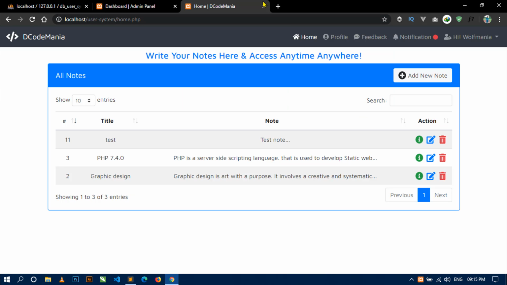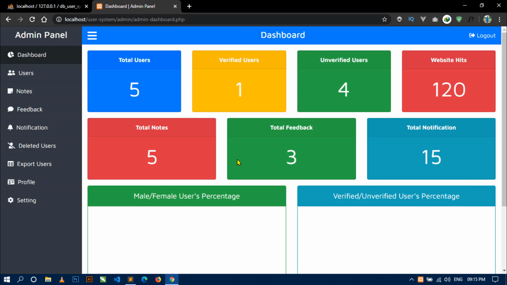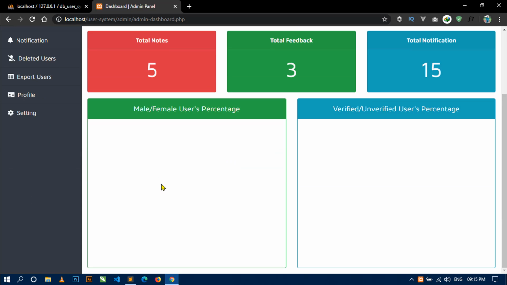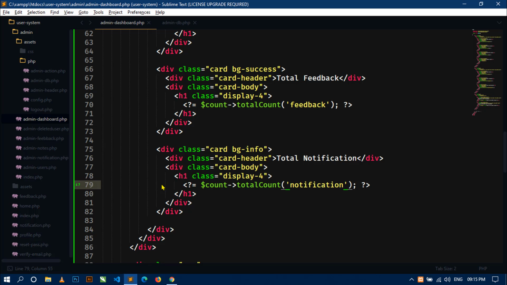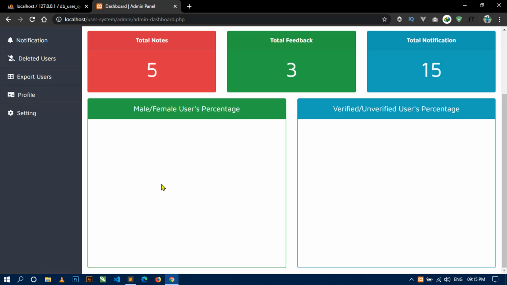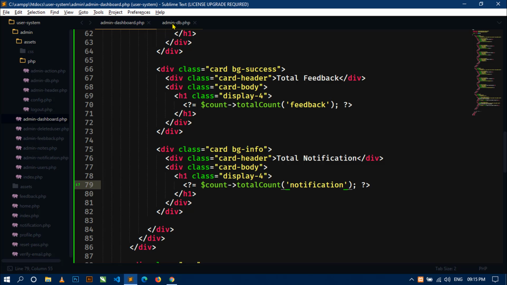Now let's close this. Now we have to display the Google chart here. Okay, so for this what we have to do is, first let's define two methods to bring the data from the database of male female users percentage and verified unverified users percentage. Okay, so for this let's come to this